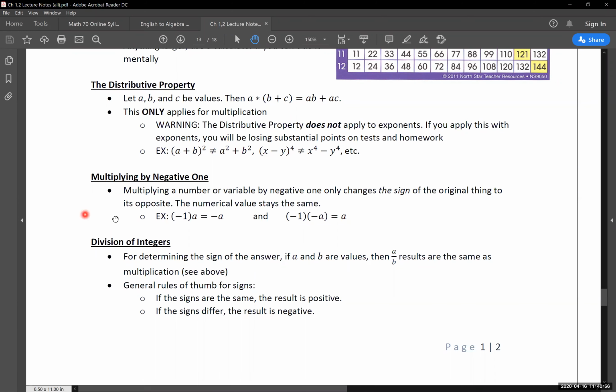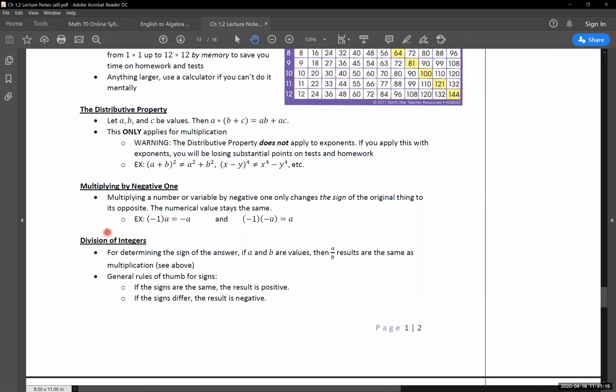So I think this goes into division for integers here. We're going to stop right here, since we started with multiplying, and we'll pick up tomorrow with division of integers. And we should be able to get through most, actually we'll get through all of it tomorrow. That's the plan. So we don't have a whole lot left to cover with this.